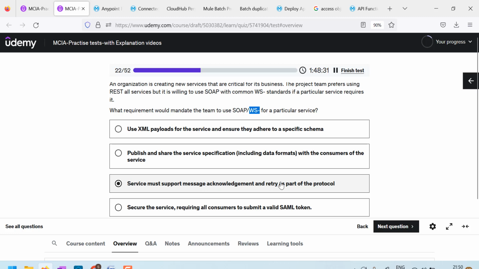See, retry we can do manually when you are using REST, but in SOAP, one of the WS standards will have retry as part of the protocol. If this is your requirement, then they can design SOAP web services. This is the correct answer. I'm very confident. Next,